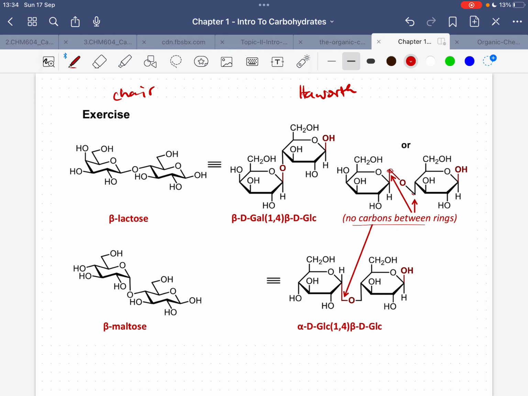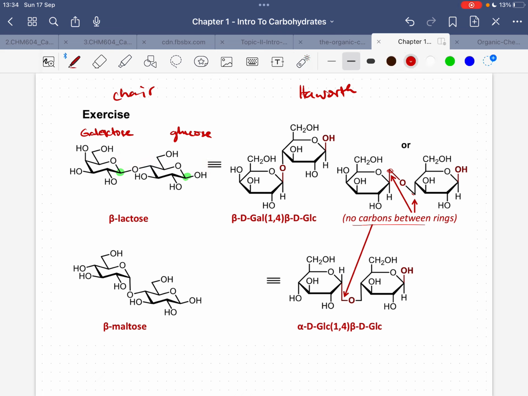Okay. So to name this one, since this is a galactose unit, and this is a glucose unit. You see, the galactose is non-reducing because it has an OR, and then this is another OR. It's a non-reducing sugar unit. Glucose, on the other hand, is a reducing sugar unit because relative to the anomeric carbon, it has an OR and then an OH. It's a hemiacetal, and this is a full acetal.